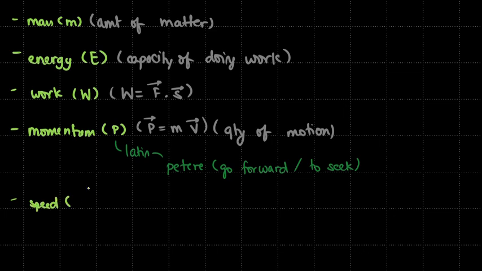So speed is generally represented by V, only V. Momentum is generally represented by this. I forgot to make the vector sign. Sorry. And the most common formula that you will find for speed is basically distance over time, and that's the definition. So it's the rate of, how to say it, I think it would be distance traveled